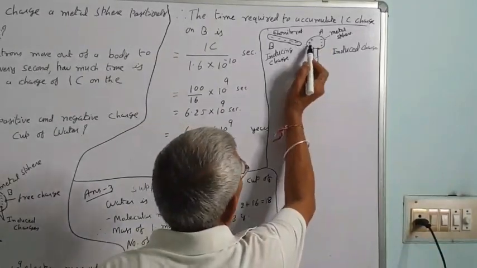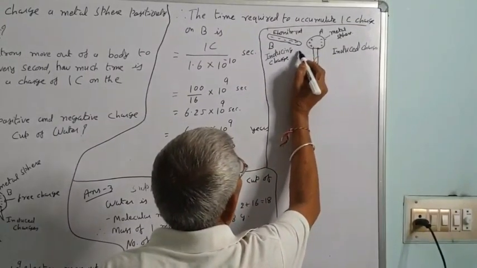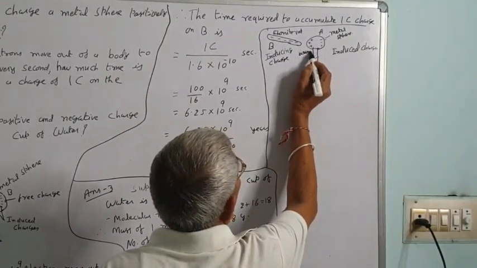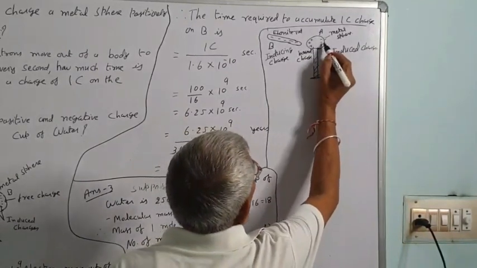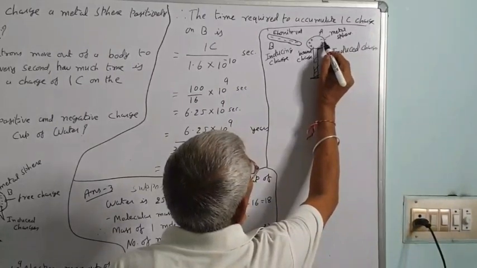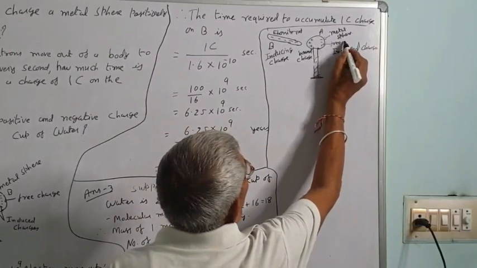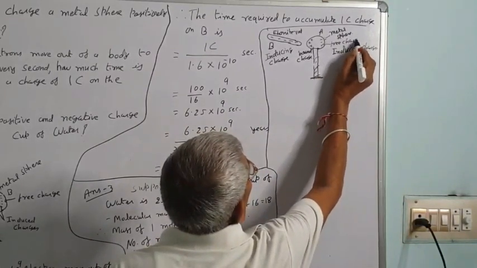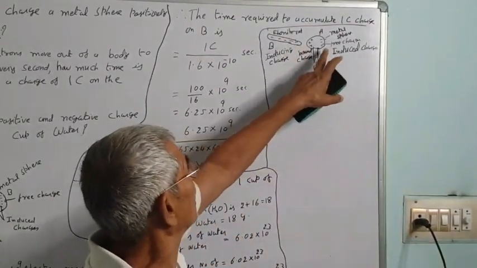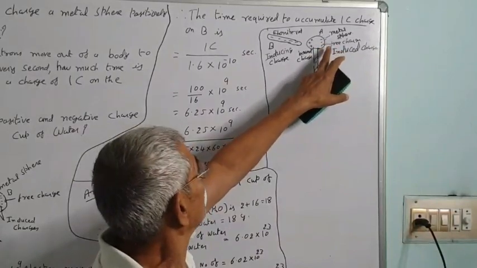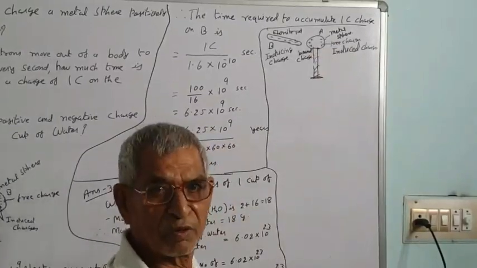Now the positive charges of A, which are on the left side, are attracted. So they are bound. We call them bound charges. And these are free charges. If we touch the metal sphere on the right hand side without removing the ebonite rod, the free charges will go into the earth through your body.